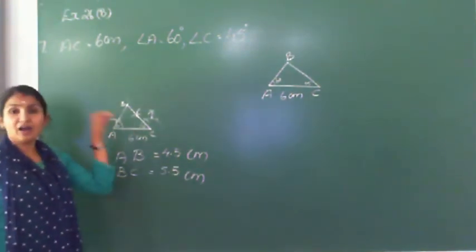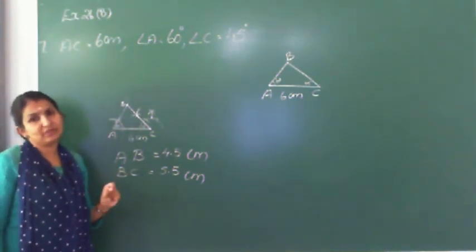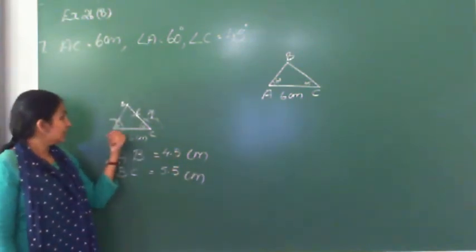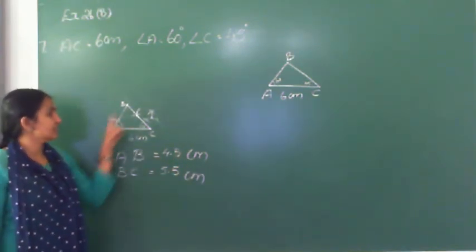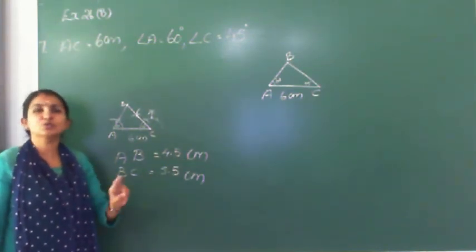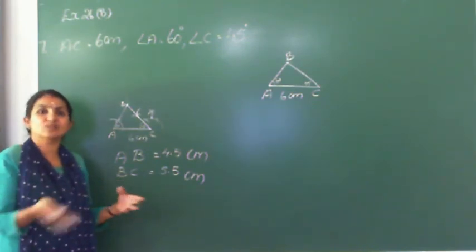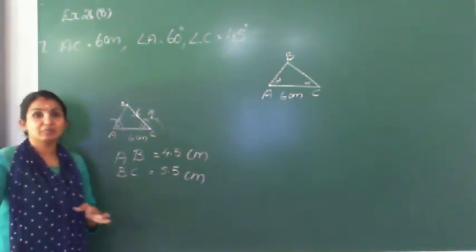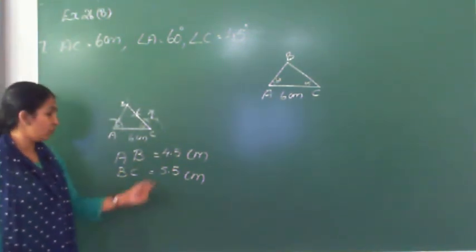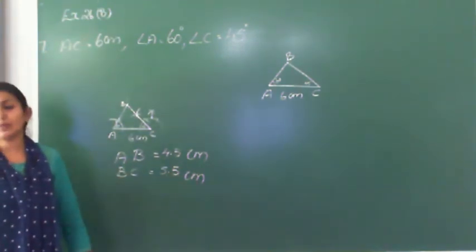So when we are drawing or when we are constructing, small changes may be there, maybe 1 or 2, that is okay. Here I am doing with chalk, so changes happen, maybe changes will be there from you, maybe 1 or 2 points only, 4.5 it may come as 4.3 or 4.6 or 4.7 after the point. Slight changes only, big changes won't be there, variation will be small. So we got AB and BC as 4.5 and 5.5.